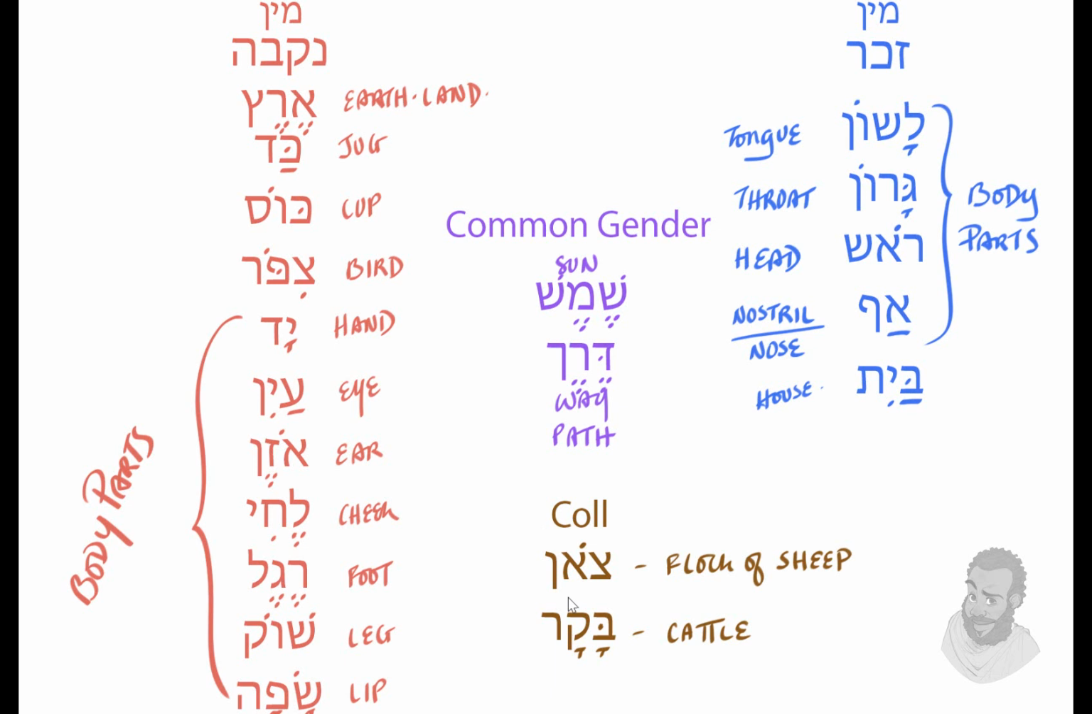the collective, and collective is male. Okay, so this is still male. Collective male. Tson, bakar. Bakar is cattle. Tson, you know, it's a flock of sheep. Okay? So let's keep going. So there is one more word. When we get to it, I'll show you where it may look like it's female, but it's actually male. And again, it's because of the ancient